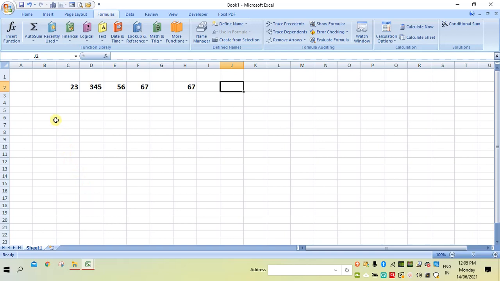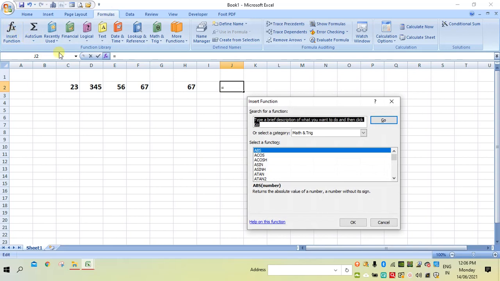Using insert function, we can use any required function directly without remembering it. For example, if you want to use a sum function here, then go here, click on this. Next you type sum, then say go. It will give you a sum function.